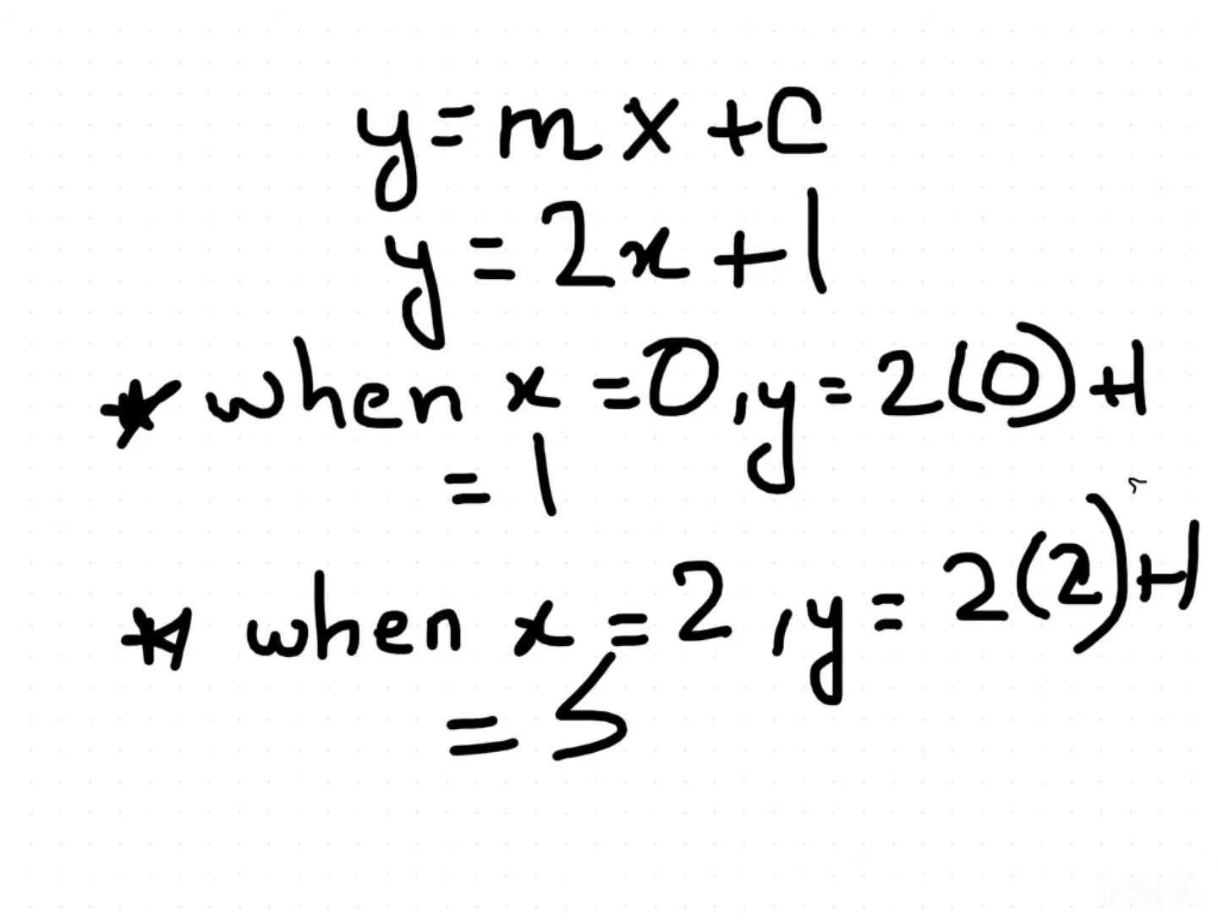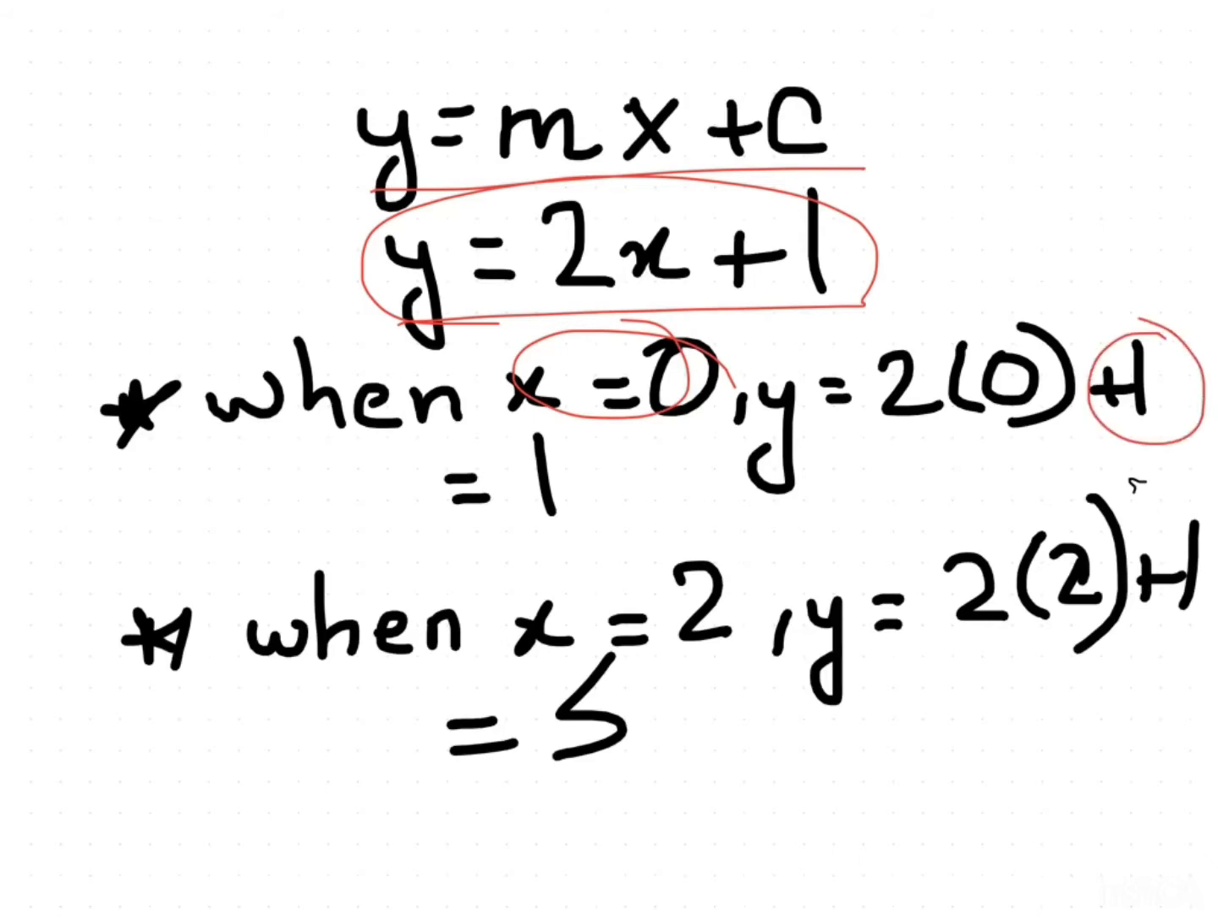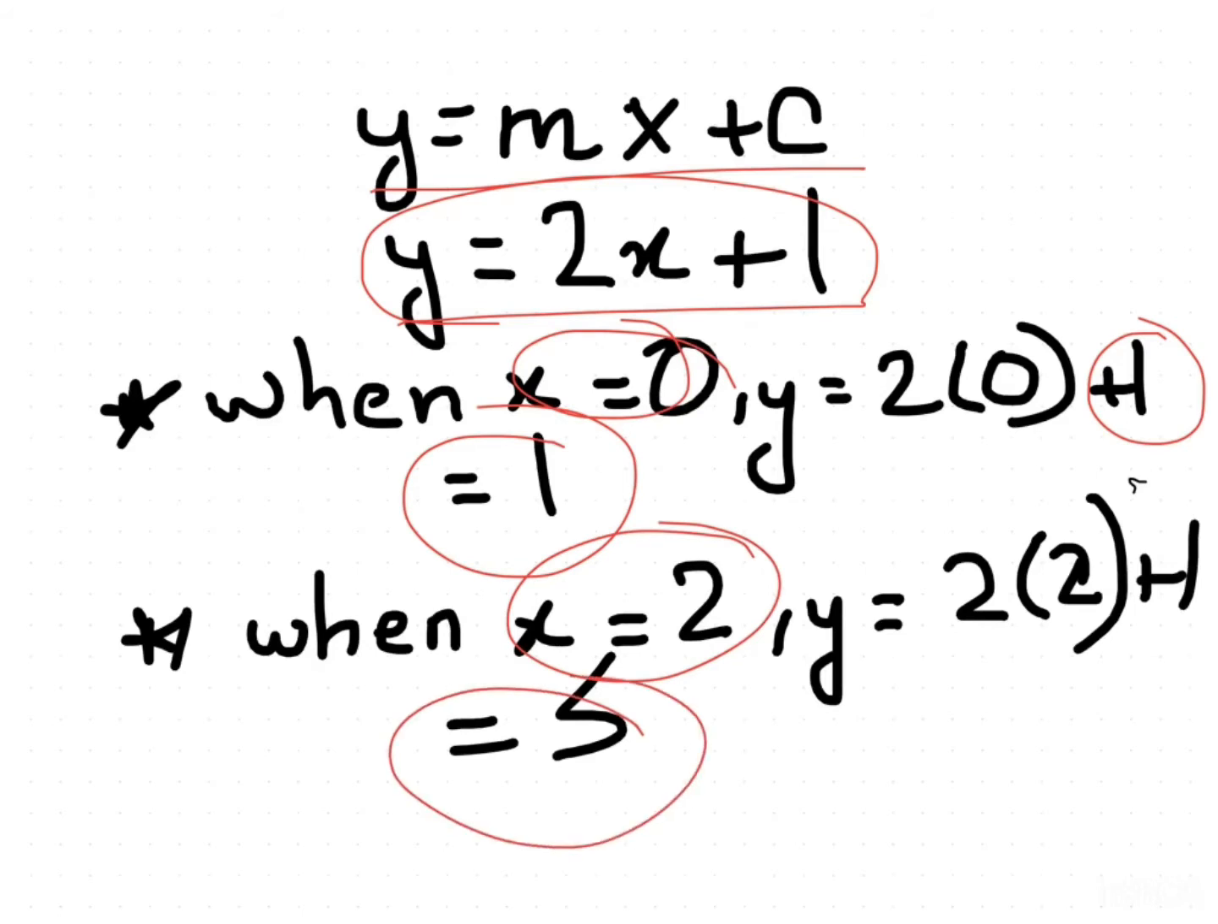Consider the equation y equals 2x plus 1. For each value of x, there is a corresponding value of y. So when x equals 0, y equals 1. And when x equals 2, y equals 5. If we plot these points on a sheet of graph paper, we obtain a straight line because these points lie